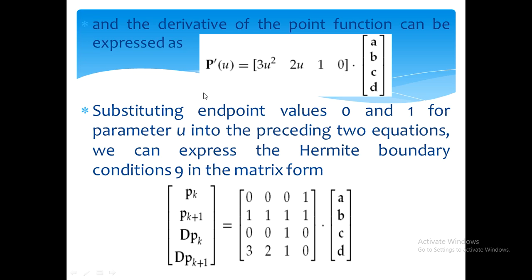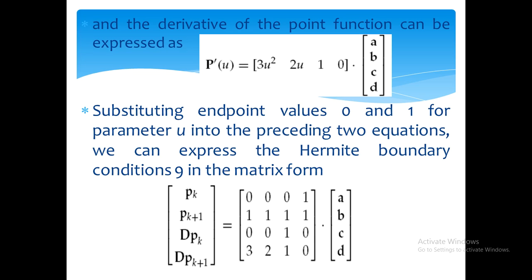So the first order derivative is [3u^2 2u 1 0]. Since there are four control points, that is four boundary conditions,